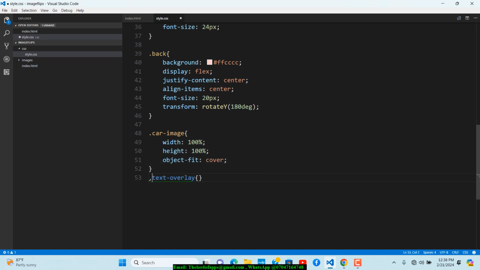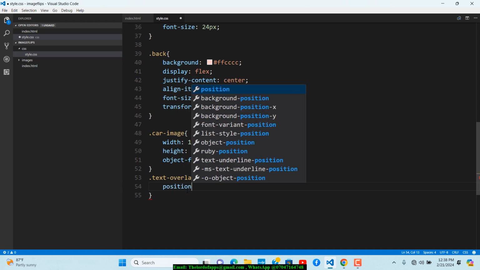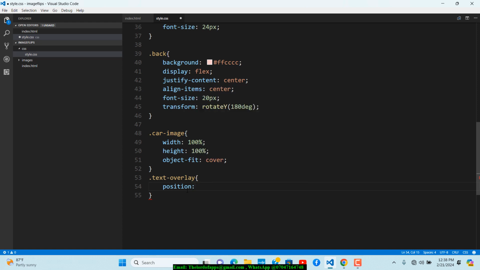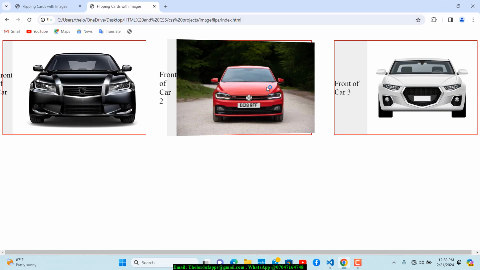Of course, we have to add a dot because we're referencing a class right there. So I want to position the text overlay absolute, so that it can stay on top of those things that we have in here. If you save that right now and then check it,